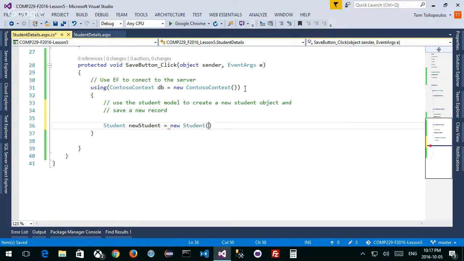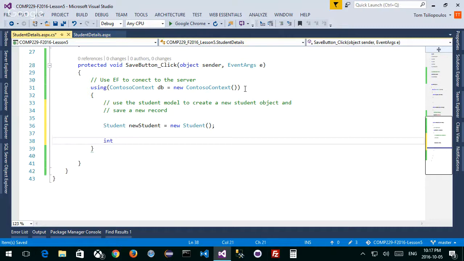This is a little different than we've seen before. I'm actually creating a new student object, so I've got a new student object that's empty. A student object has student ID, first name, last name, and enrollment date. Those are the things that all student objects have. It's called newStudent. I want to make sure I don't mess up, because there's a bunch of stuff I could do that I don't need to do right now, but I'll have to do later.